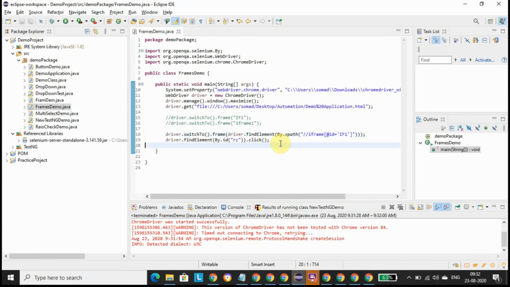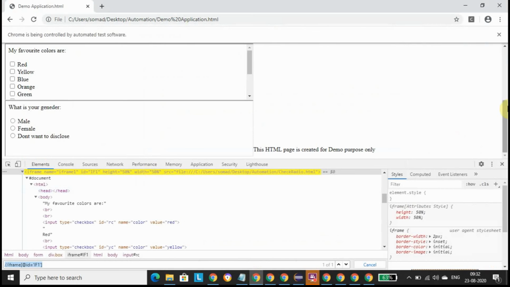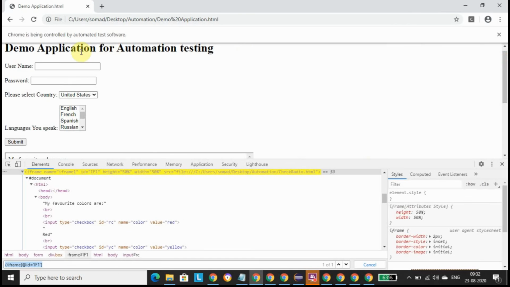Now suppose I am done working in the frame, I have interacted with the particular elements inside the frame. I want to come to the main page and interact with the elements available in the main page. How am I going to do it? Suppose I want to provide some username like Abhijit here.